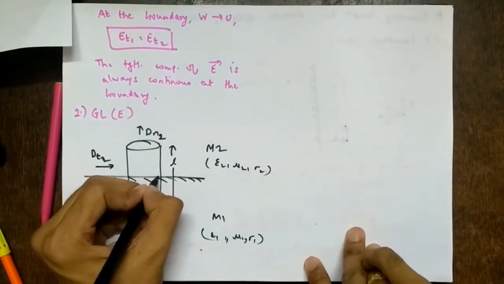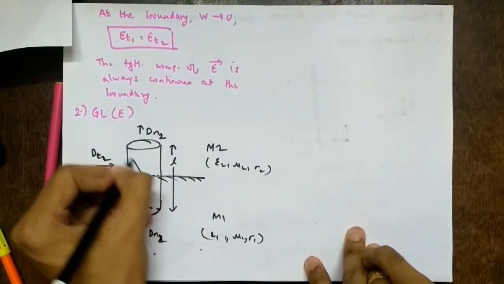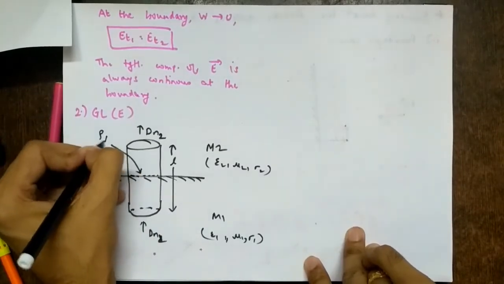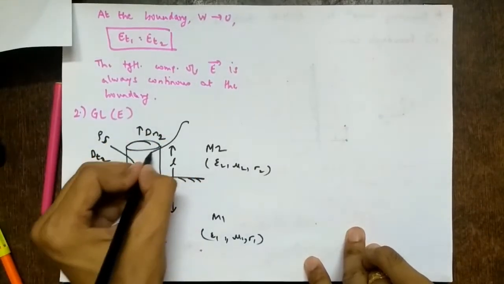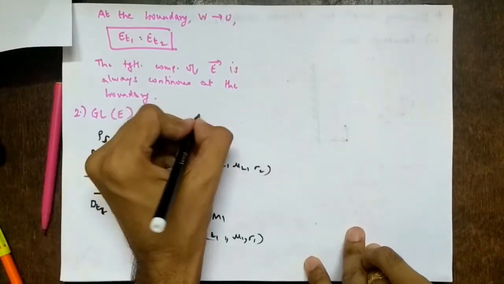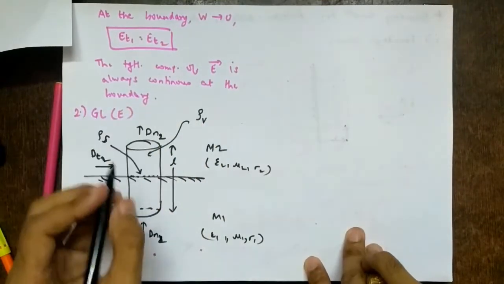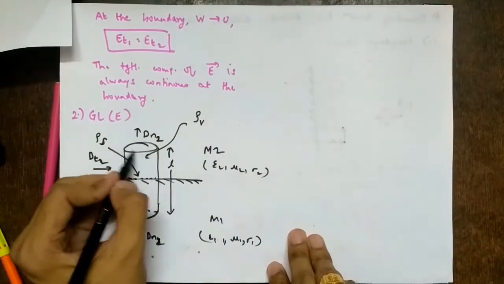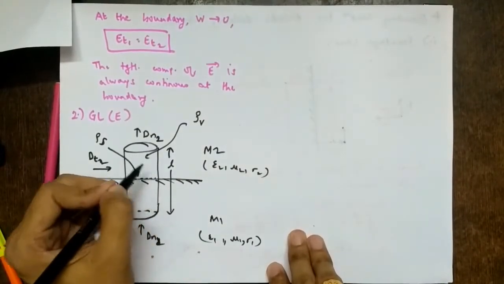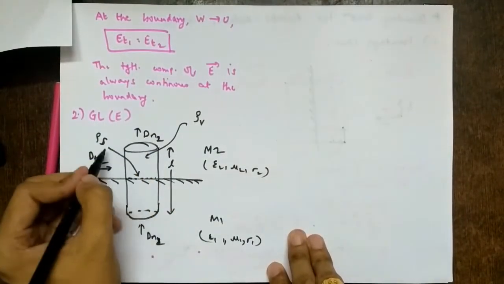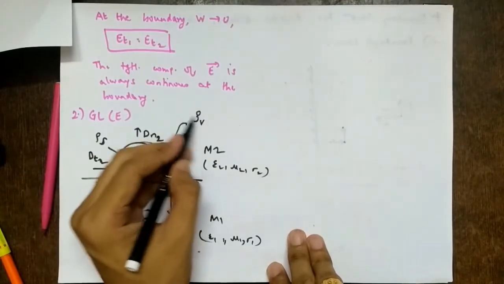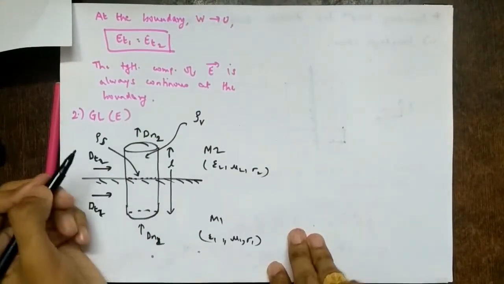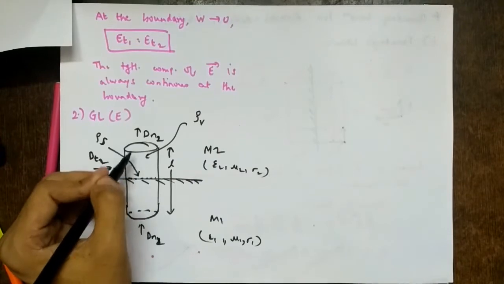And we have on the surface a surface charge density of rho s. And inside this volume we have rho v as the volume charge. So this is the cylinder you can assume. So we are considering a cylinder of height h having a surface charge density rho s and volume charge density rho v inside the volume or inside the cylinder. So this is what you have to write.